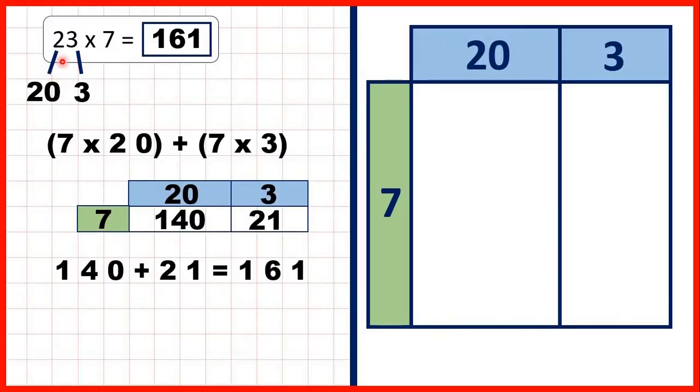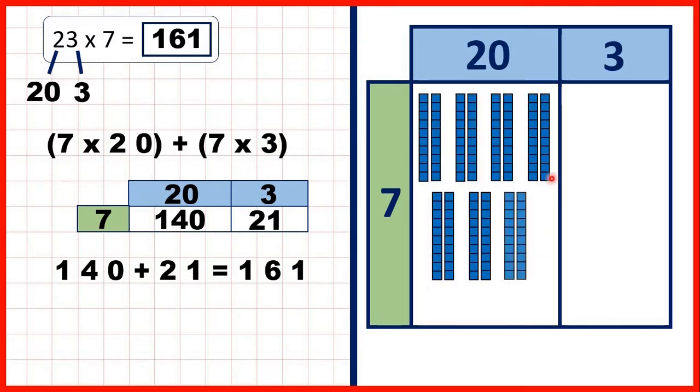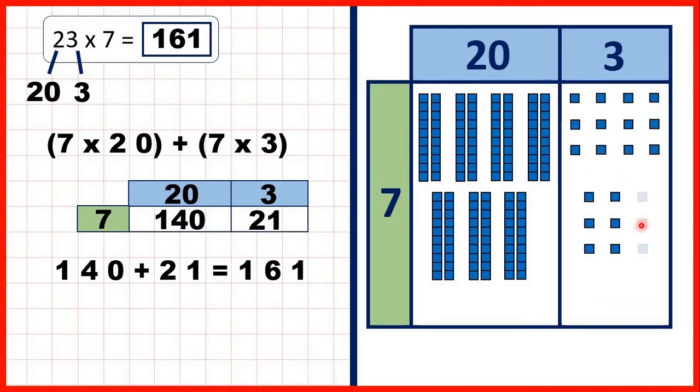Then the other question we looked at was 23 times 7. So we wrote 7 on the left of our grid, and then 20 and 3 on top. To show 7 times 20, we can show 20 7 times. That gives us 14 tens, which is the same as 140. Then for this box here, we can show 7 times 3. So we can show 3 7 times, and that gives us 21. And putting what we have together gives us